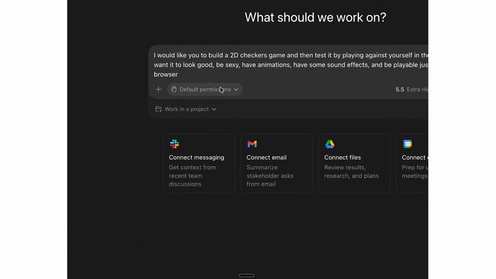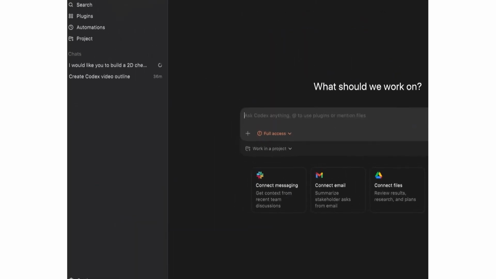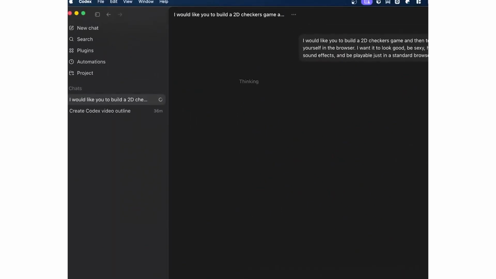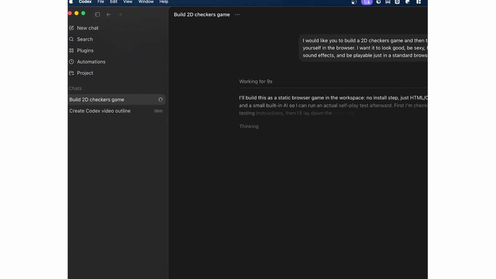Now you'll see that this has really solid coding capabilities. It can crank out a huge amount of code. And what's interesting is when you run this inside Codex, which you'll see in a second, it can actually automate the browser automatically. It can click through it and test its own work. So it doesn't just write the code, it also checks that the code is actually working, which is always a pretty annoying thing to do with AI agents. And this is one of the big capabilities it has compared to running inside of a CLI,